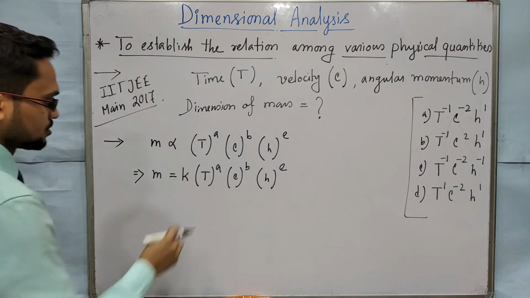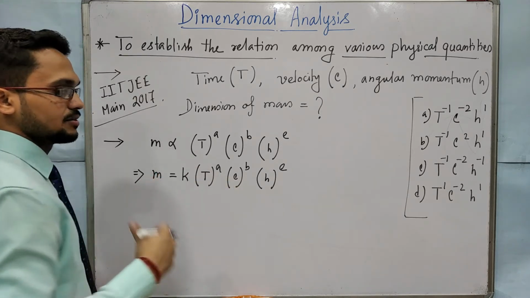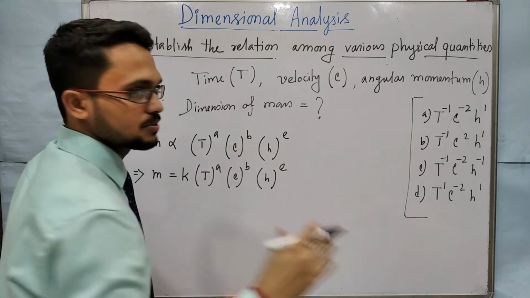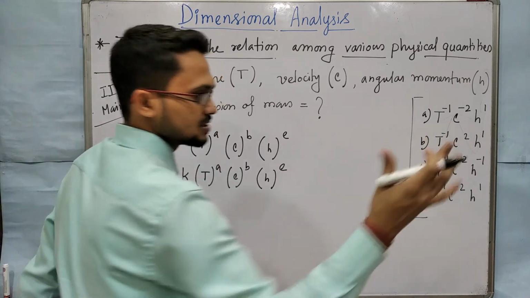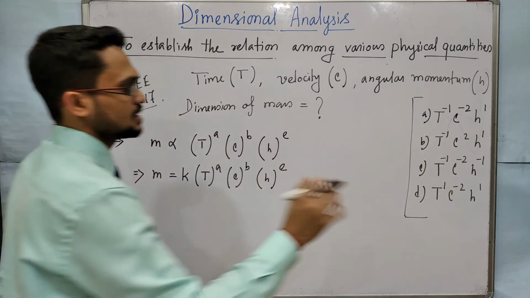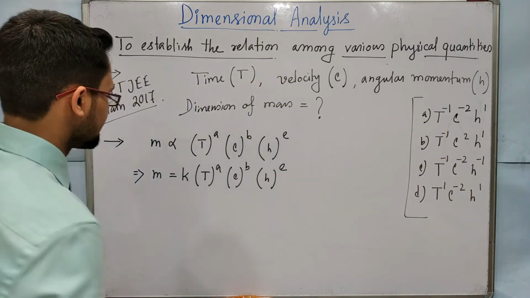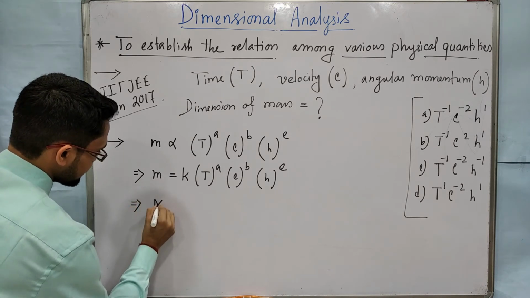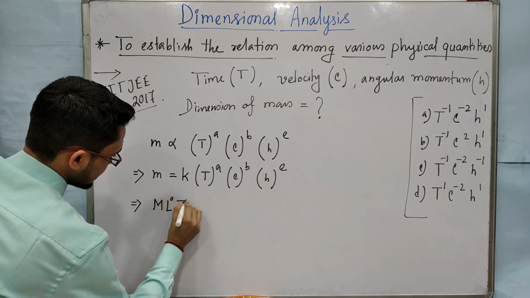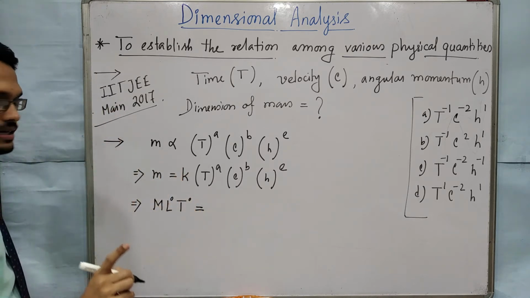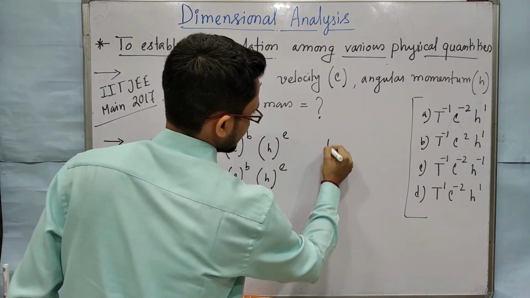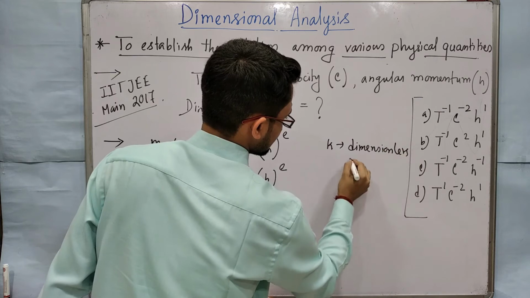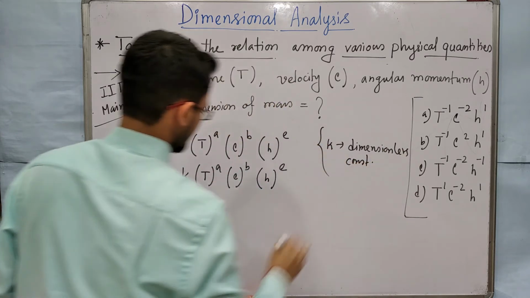In the same way, we'll write their dimension on both sides, then we will equate the powers. When you are solving this kind of problem in a competitive exam, we do not bother about that bracket. Forget about the bracket because we need only the correct answer. So the dimension is m, no L and T, so L0, T0. K is a dimensionless constant, so no dimension for K. So forget about K.